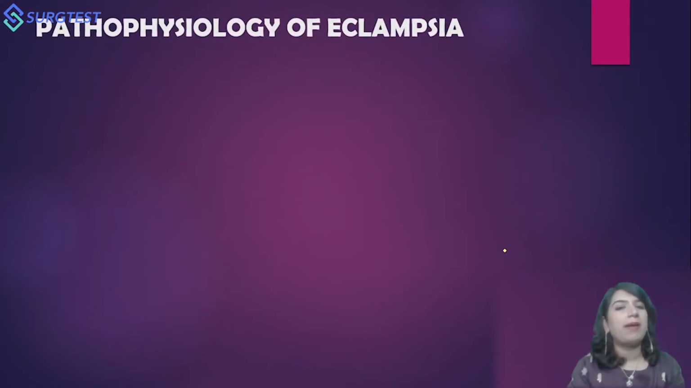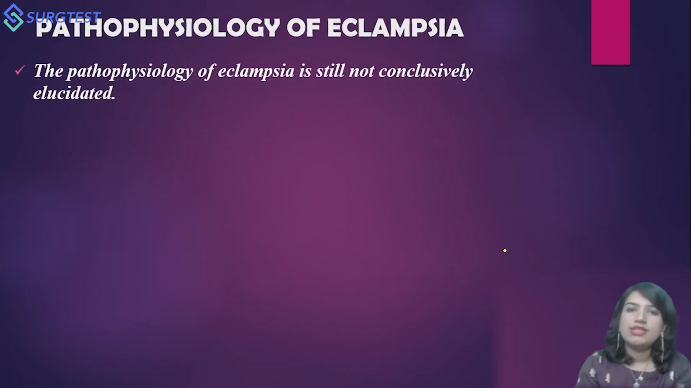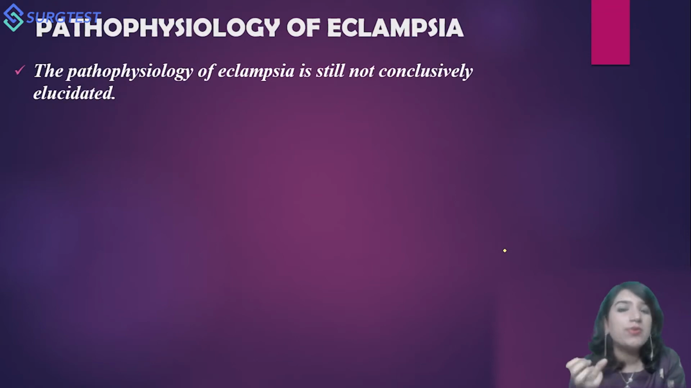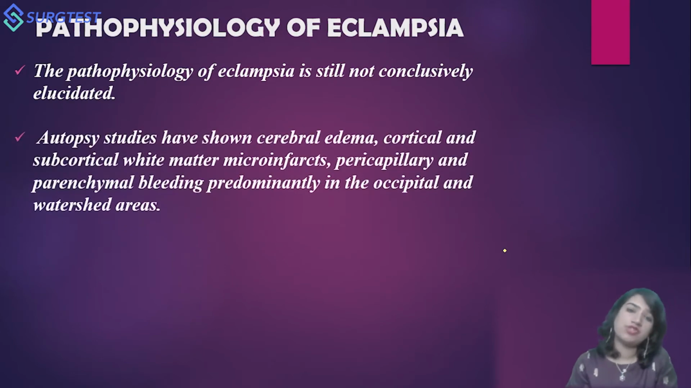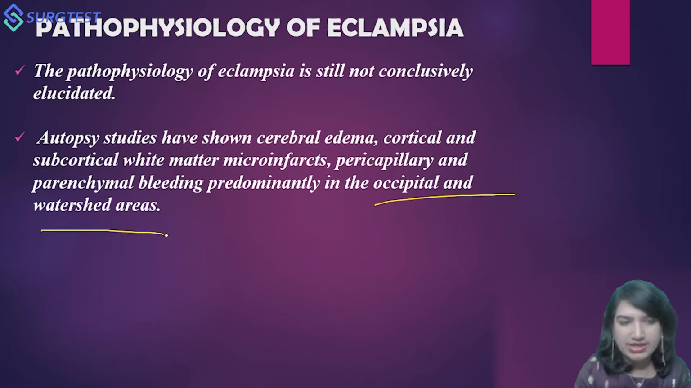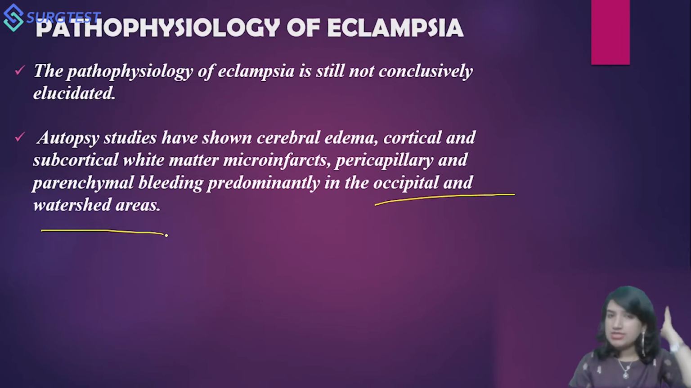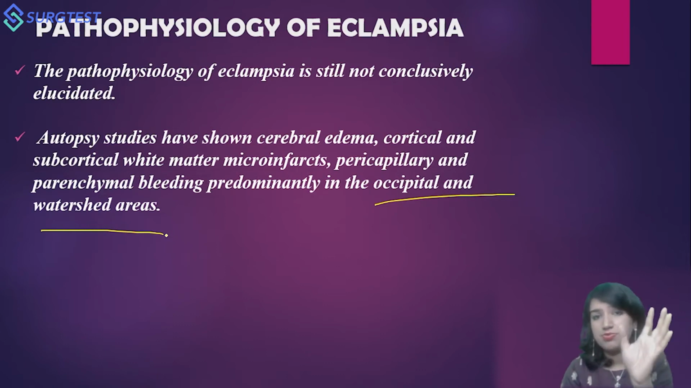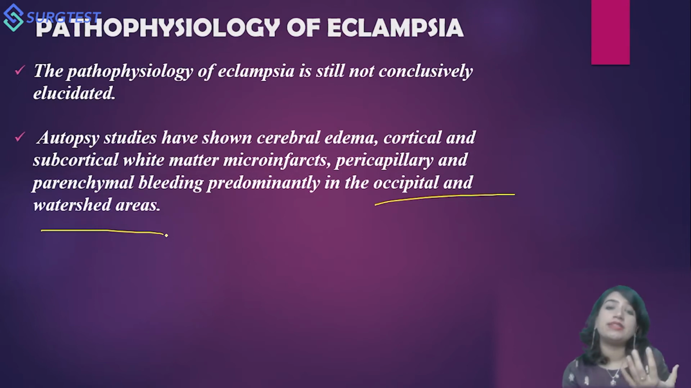After understanding the pathophysiology of preeclampsia, we come to the pathophysiology of eclampsia. We know that it is still not conclusively elucidated, but we have different speculations. Autopsy studies have shown cerebral edema, cortical and subcortical white matter microinfarcts, and pericapillary and parenchymal bleeding predominantly in the occipital and the watershed areas. So the occipital lobes, you understand, are in the back of the brain, where this pathophysiology lies. This is the reason why it is associated with